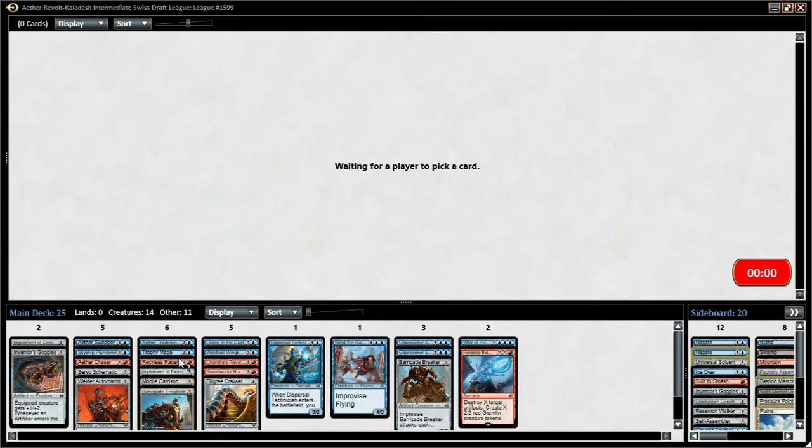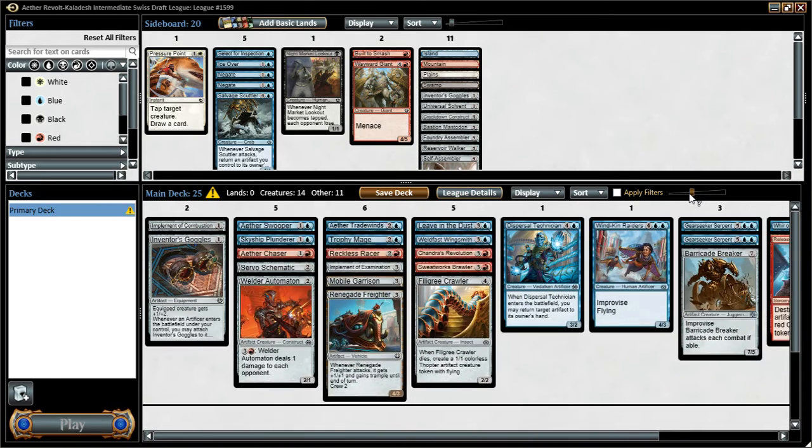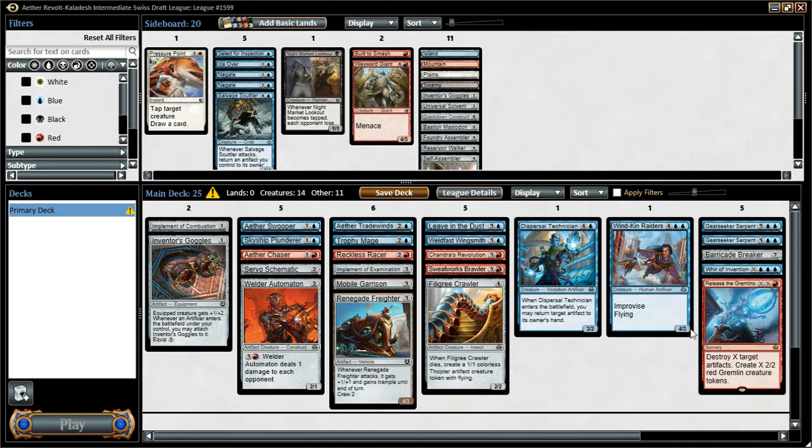This is probably a 17 land deck. I mean, thanks to Improvise, most of our spells are cheap, but we definitely have the mana sinks. Mostly Release the Gremlins. Oh my, that is huge. Okay, so maybe we don't end up playing Wrath of Invention. I don't know. It's a good card, right? Like, we can search for Mobile Garrison and then suddenly crew it, and all of a sudden they have really bad attacks. Implement is fine. And Aether Tradewinds is kind of weak. Maybe we take that out and...